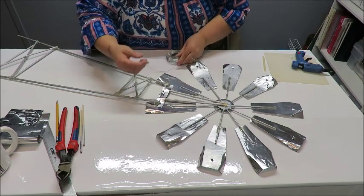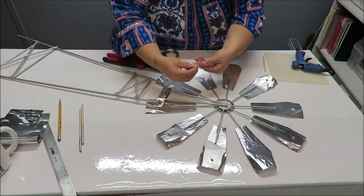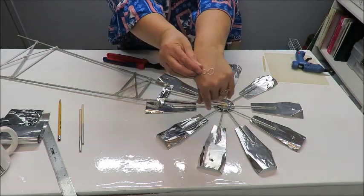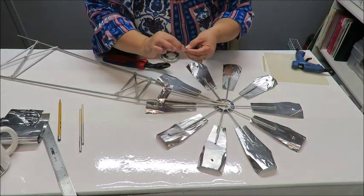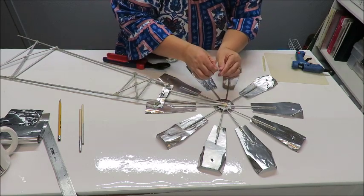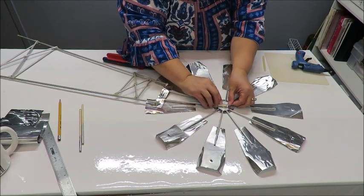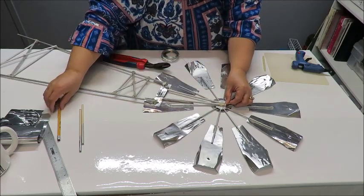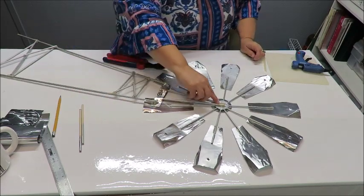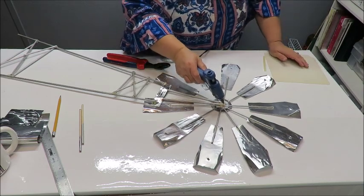So that's another reason why I wanted to skip that other plan, because it's taking too much time. So now I'm going to wrap this around my thumb to make a little loop like that, and then I can just twist the rest of it here, and then I'm going to bend this upward a little bit this way so it's not straight, and then I can push the ends of the wires in between the little sticks there,